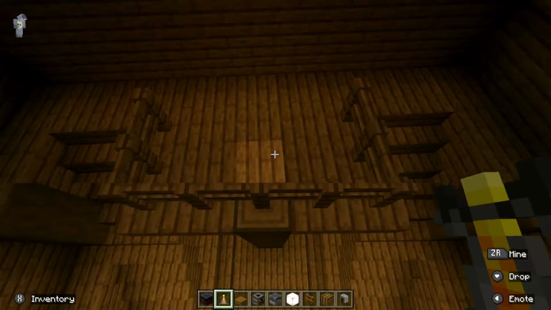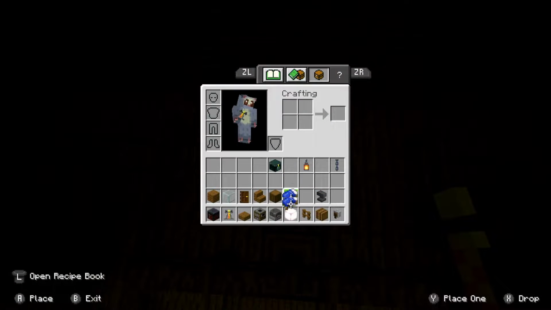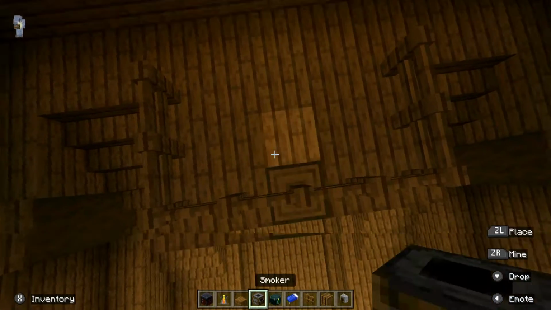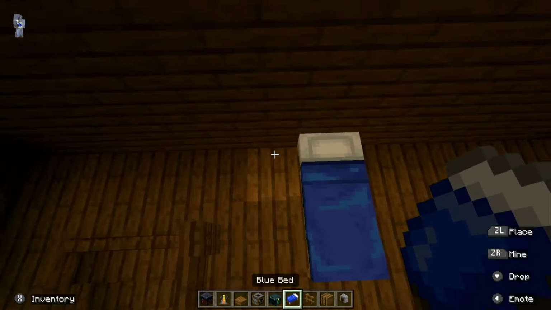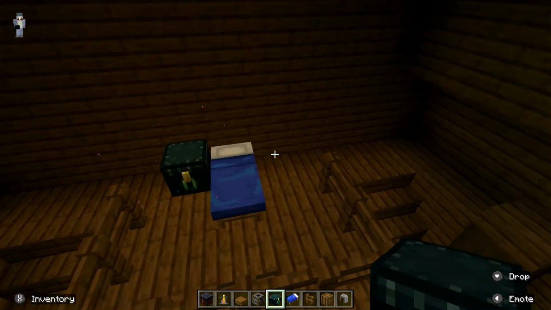But we need to do this area here. This is just simple as well. Let me just get the blue bed out and an ender chest. These are the sort of things you would have in your bedroom area, I think. Sorry. So just put the bed there, and then the chest. Put the ender chest on any side,